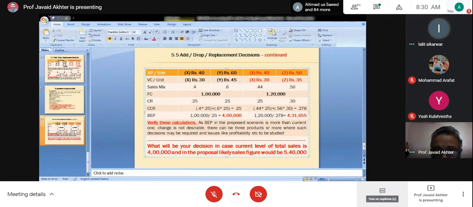Sir, fixed cost decreases with time as depreciation takes place. Does fixed cost decrease? Fixed cost, once you have incurred it, is known as sunk cost. You have already incurred it. There is no way it will decrease. Depreciation, as we have said, is it a cost? What is depreciation in terms of cost? Depreciation is not a cost.